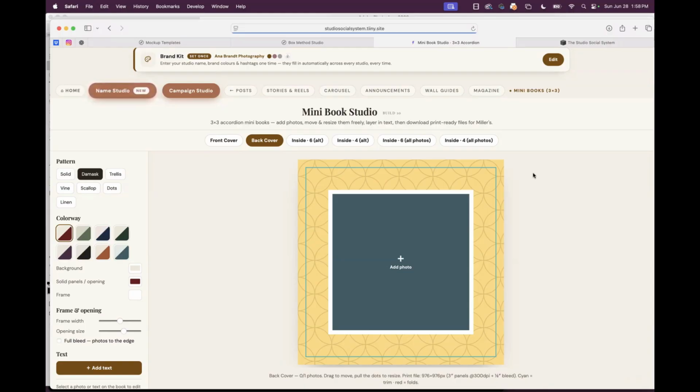Oh, I want to say that I ended up doing a 4 by 6, something like that. It was either a square or a 4 by 6. It was something small that he could put on his desk.